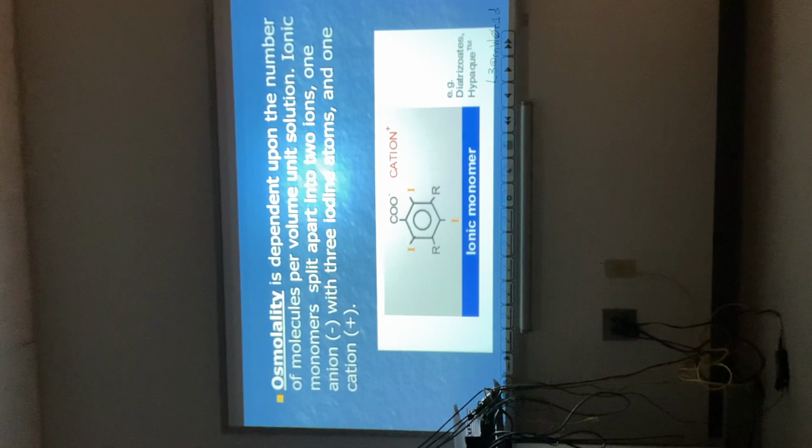When we look at non-ionics, these easily do not break apart. And they're going to have more iodine atoms per molecule. There's usually going to be